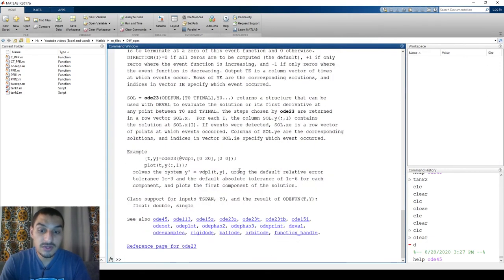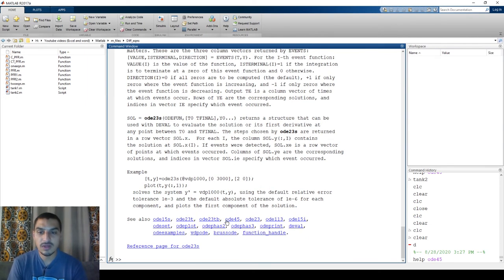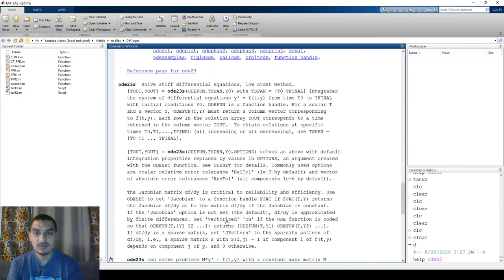There are a lot of other functions here, but the point that I want to make is to notice that there are functions that have letters at the end, like ODE15S, ODE23S, ODE23T, and then ODE23TB, and then ODE15I. It's important for users to understand the difference between these. For instance, if you see ODE23S, it tells you that it solves stiff differential equations. And this is one important point that a user who solves differential equations using MATLAB must understand: